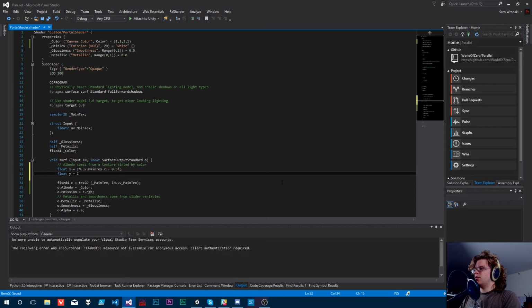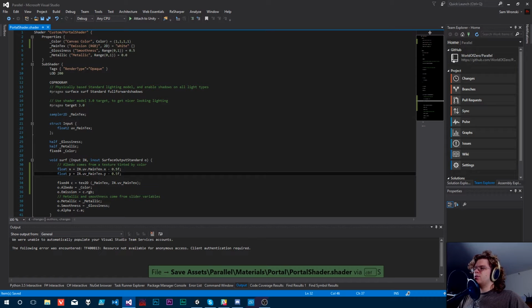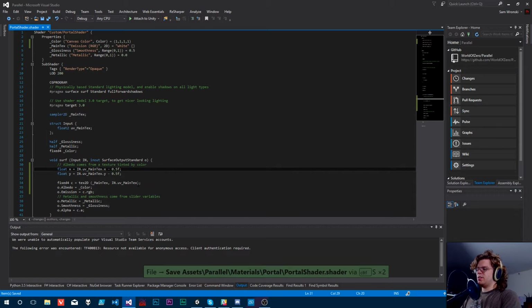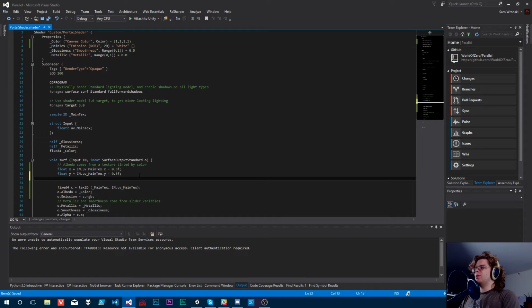So now we can do a float of our, this needs to be an underscore, so all of that is going to be wrong above this, but we'll do the exact same thing just with our X coordinate, fix our mistake. And now we have our X and our Y position. What we can do is plug those. This is still going to be a little bit wrong. These are going to be from negative 0.5 to 0.5. We need to multiply these by 2. So if we do that, like so,